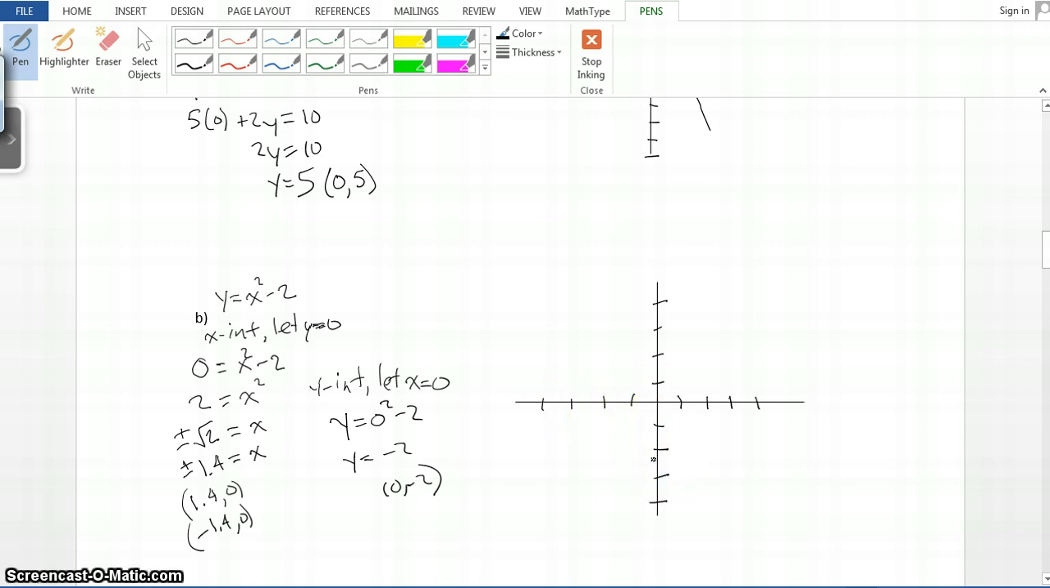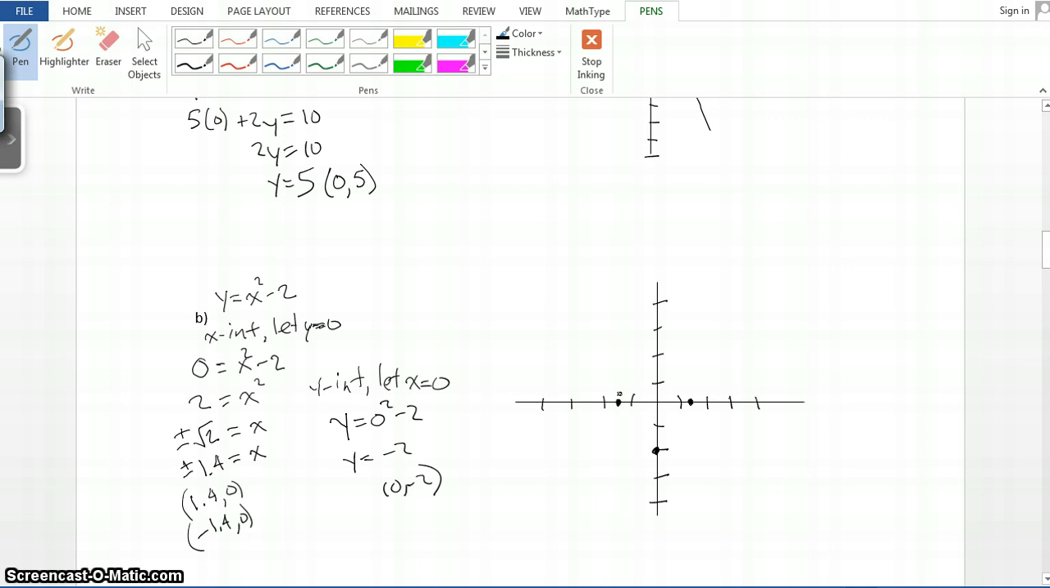Alright, we're actually going to plot another point besides these, a couple other ones. Let's put these intercepts on here. Y-intercept is 0, negative 2, this one. My x's are at plus and minus 1.4, a little less than 1.5, and on the negative side also. Alright, yeah, I am going to have a parabola. It's going to look like that, but let's go ahead